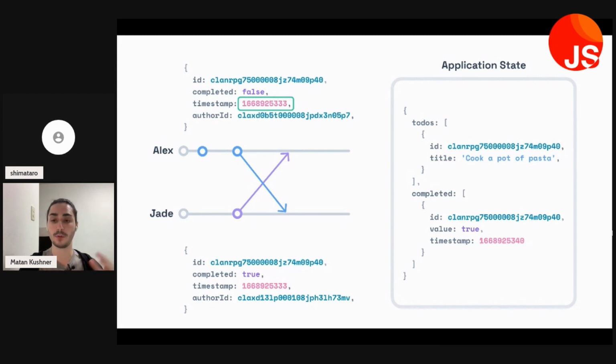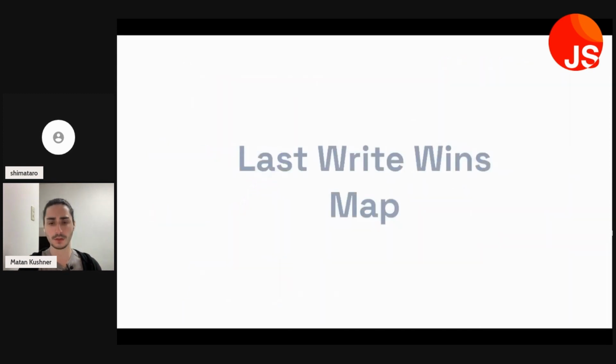That timestamp will make its way into the application state. Cool. So this whole data structure is called a last write wins map. This is the CRDT solution to a map or a set. And it's a common way to solve these kinds of problems.